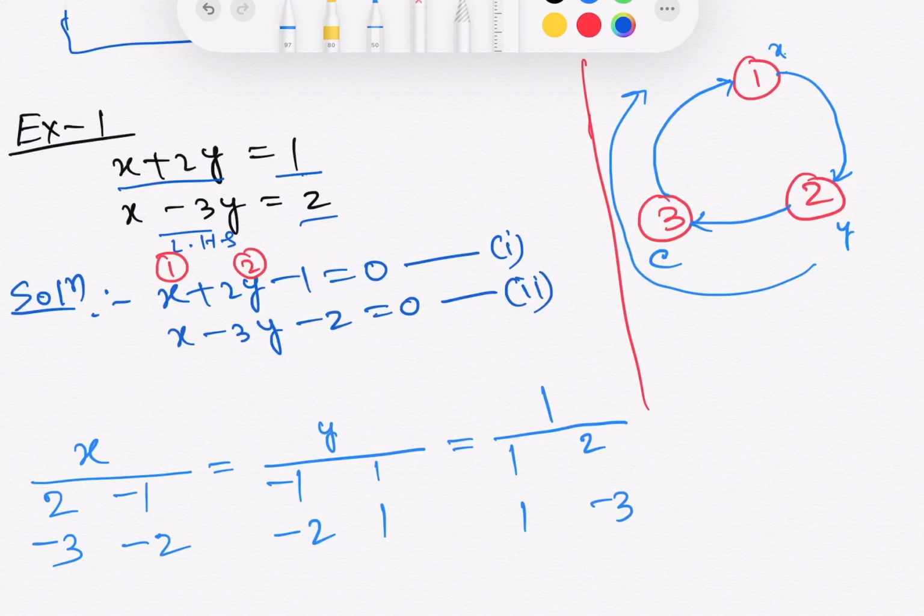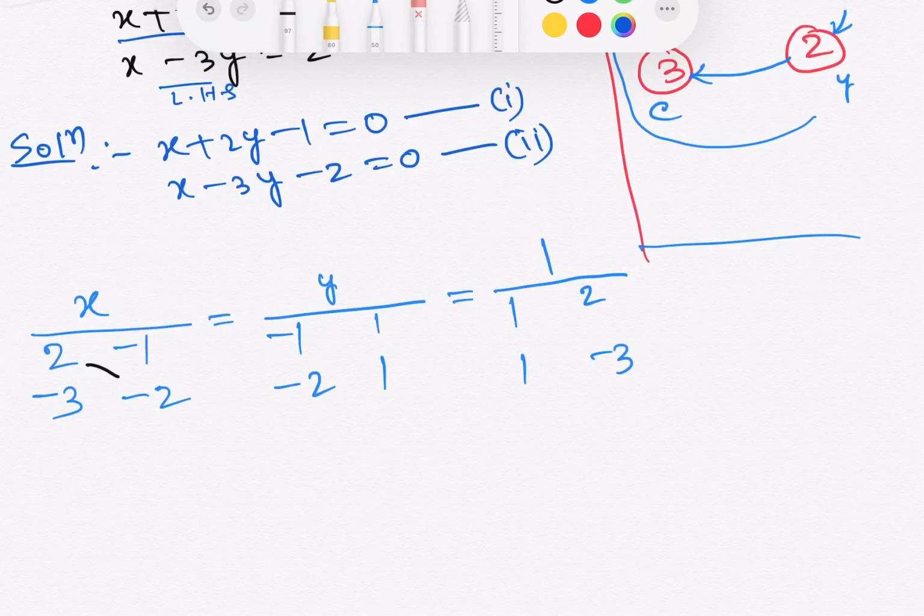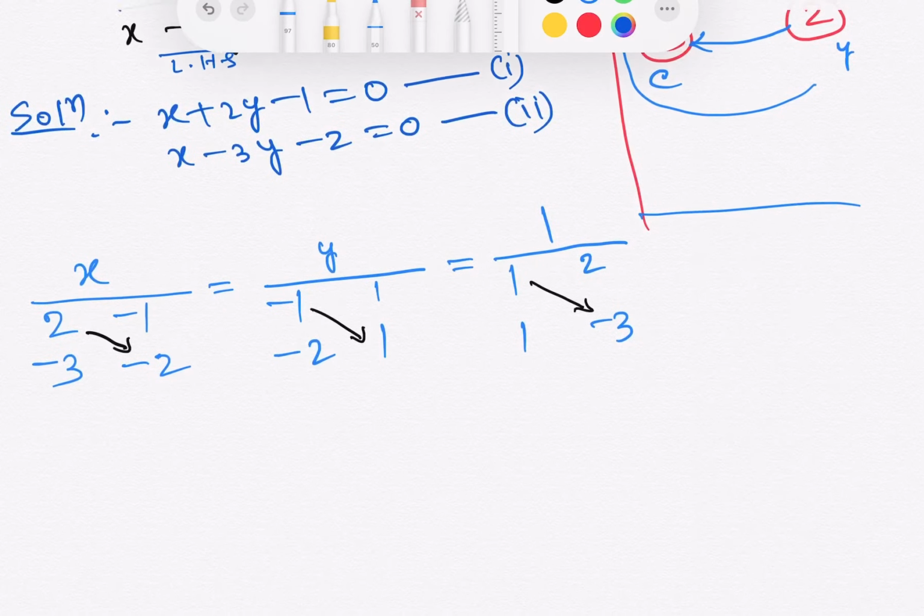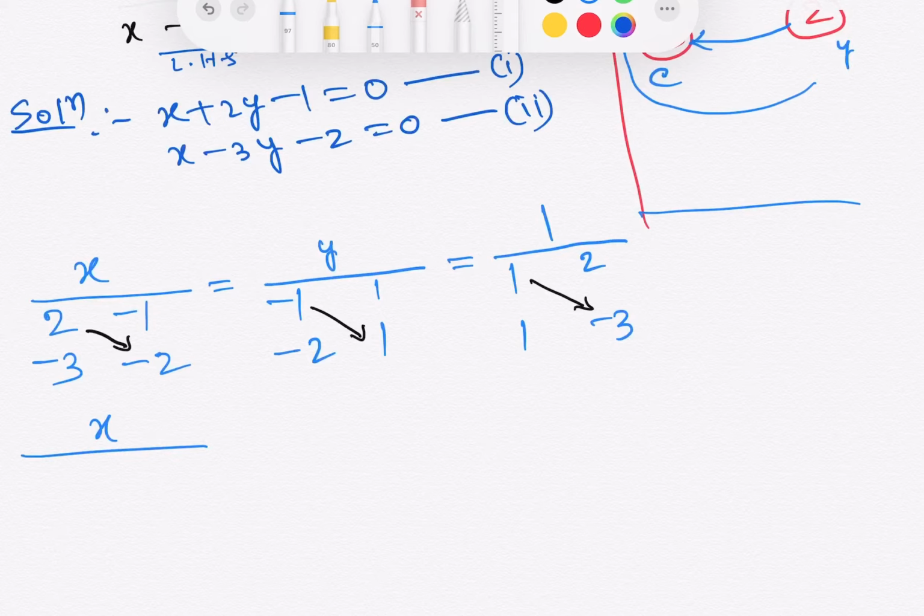Then you delete this portion. For your calculation purposes you write here. Now after that you calculate. Draw a downward arrow on this portion, corner to corner. Now you write here x divided by, which means equals y divided by, then the constant portion 1 divided by, right here. After that you multiply: this arrow means 2 multiplied with minus 2.